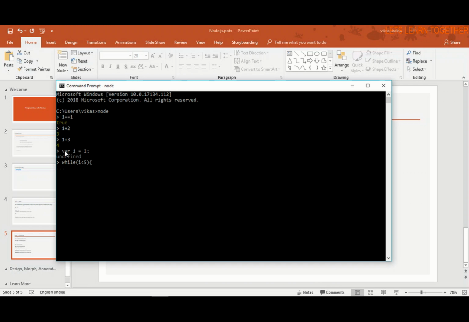In that case, I can simply say these three dots, which indicate that it is a multi-line expression. So I want to print console.log, simply I want to print i and then i plus plus. So once I press enter,